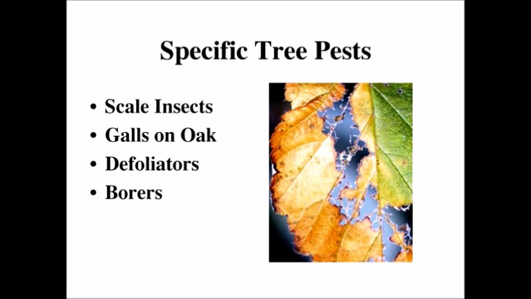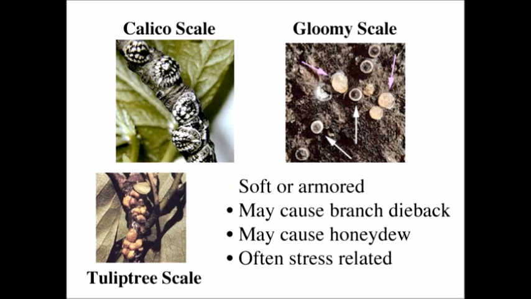So I divided this up into just 4 groups, because these are the 4 groups that I think would most likely get you the most questions, or that you would see the most problems on. So I just picked scale insects, galls on oaks. There's galls on all sorts of stuff, but the oaks seem to be the most dramatic and most noticeable to a lot of people. Then we'll talk about some of the defoliators, and then those little borers and stuff. So the scale insects,